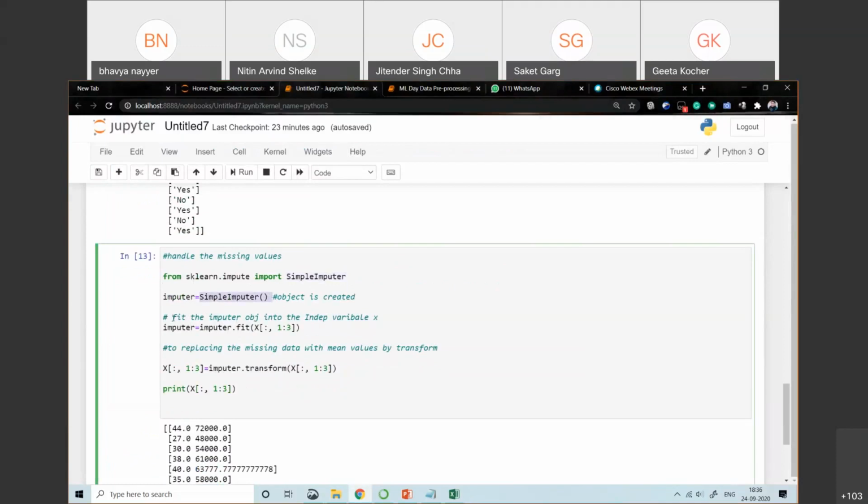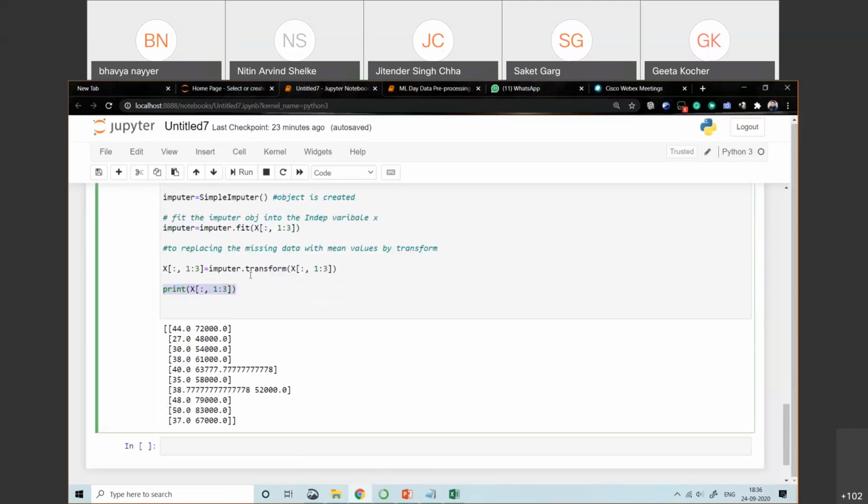Then we use the dot fit method on the specified column, and then we replace the missing data with the mean value by transformation using the transform method, imputer.transform, and that particular column we have passed here and just print it. So this is the way to handle the missing value with the help of the simple imputer class. So I have handled this.